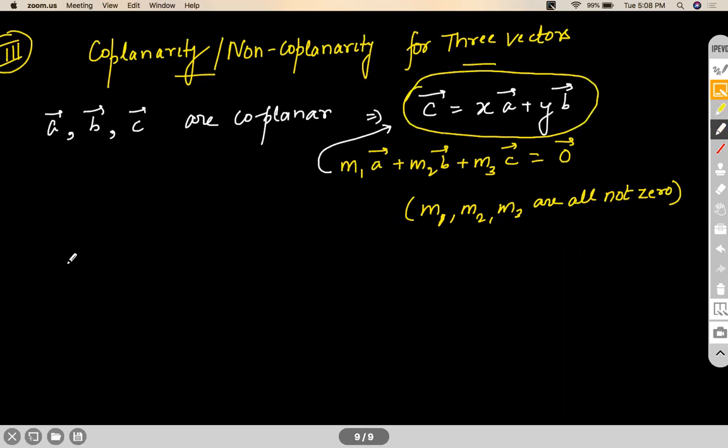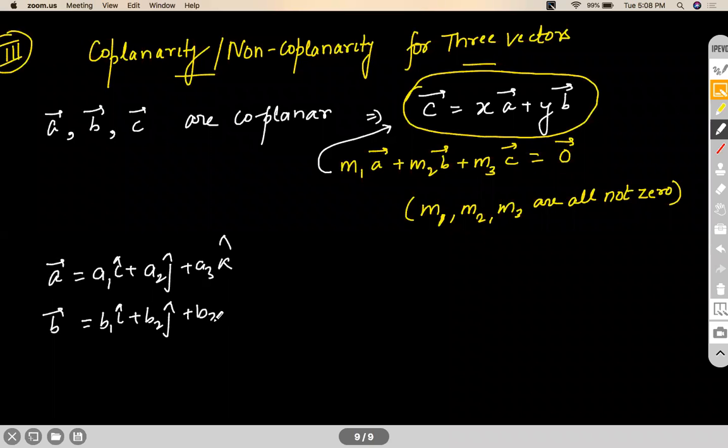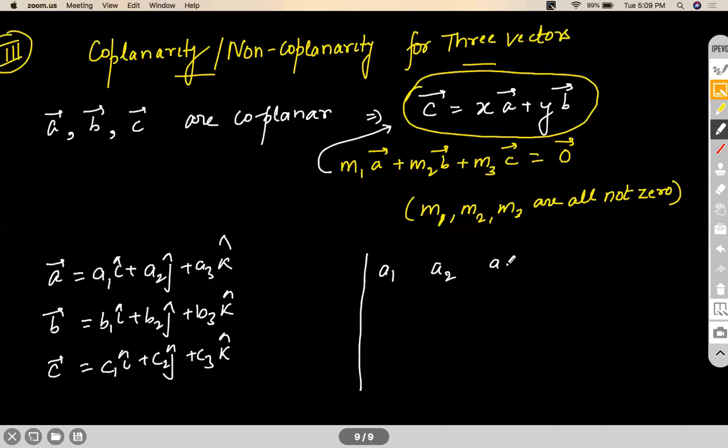Now what I'm going to do is I'm going to write A as A1I, A2J, A3K. Let us say A has been given to me in a resolved format like this. B has been given to me as B1I, B2J, B3K. And let's say C has been given to me as C1I, C2J, C3K. Okay. Now, if I make a determinant out of these coefficients of I, J, K for these 3 vectors,